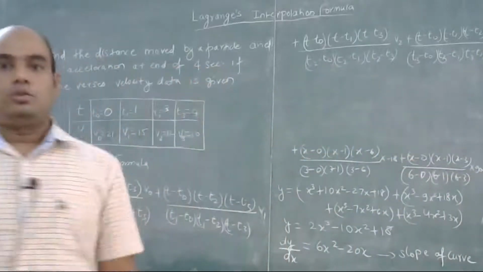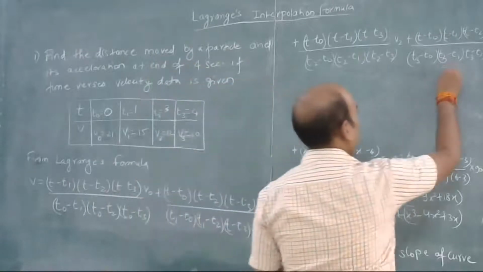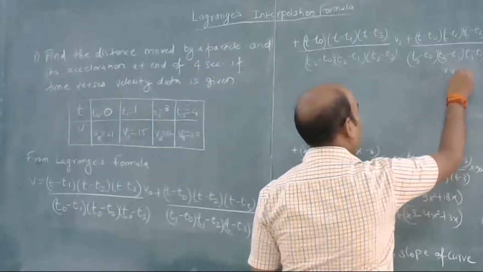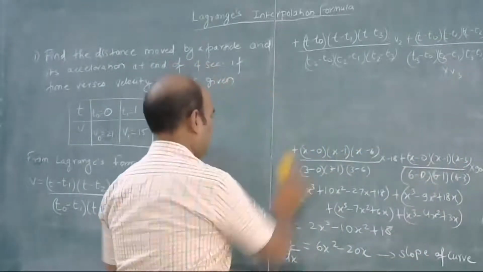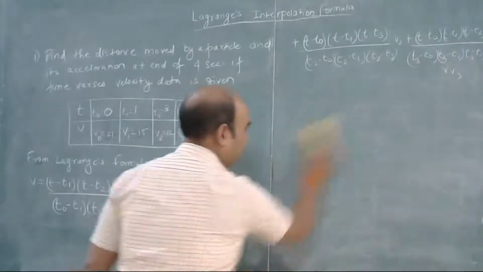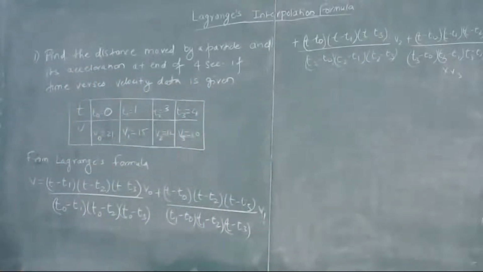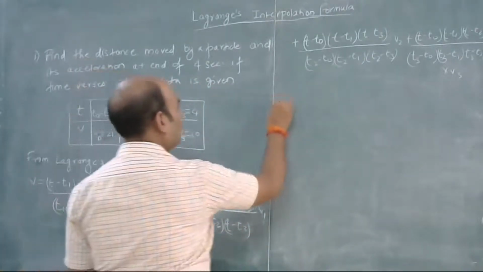Okay. So you will get this. Again, substituting the values of t and v, we will get the equation of v. Okay. So v will be equal to